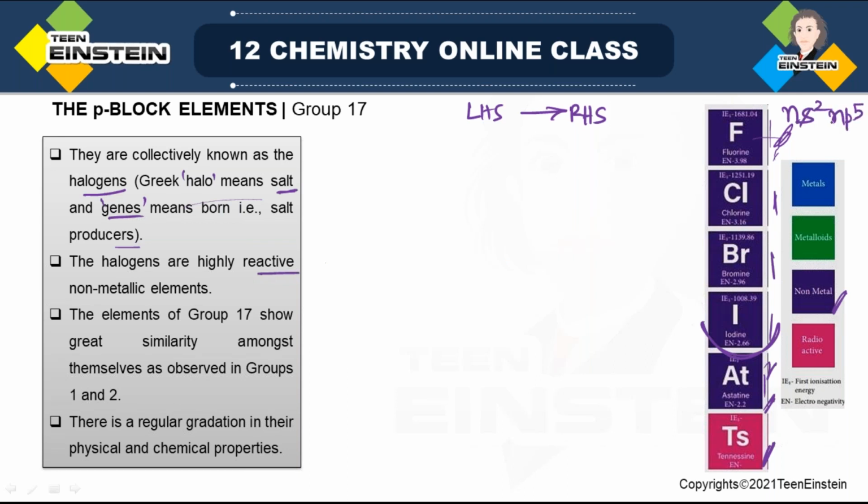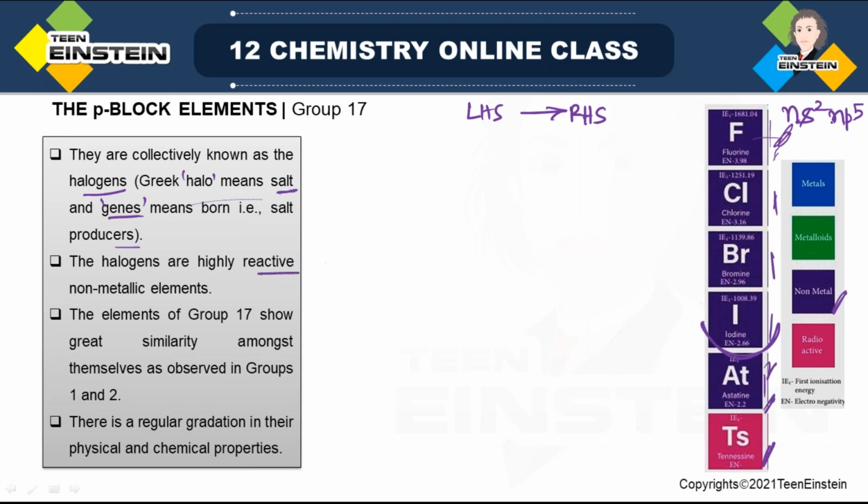So just one electron is less, so that it can reach the inert gas configuration ns2np6. That means it is searching for one electron. It is highly interested in one electron, so that after gaining that one electron it can achieve inert gas configuration. So that is why it is highly reactive, and you will hardly see halogens occurring in free condition, because